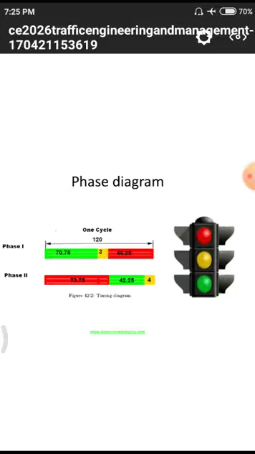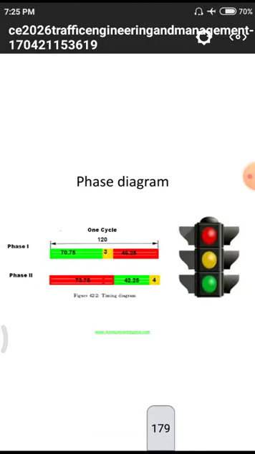That means one phase is completely reversed to the other phase. Why? Because when vehicles are moving in one direction, those in the other direction are stopping for that particular span of time, so these two are opposite to each other. Likewise, yellow plus green equals total red. Here also yellow plus green equals total red. It totally depends upon the road length and road users.